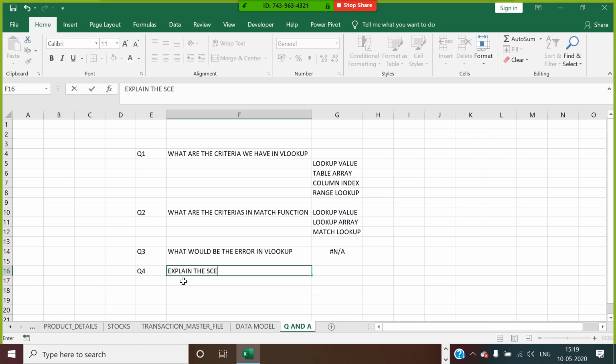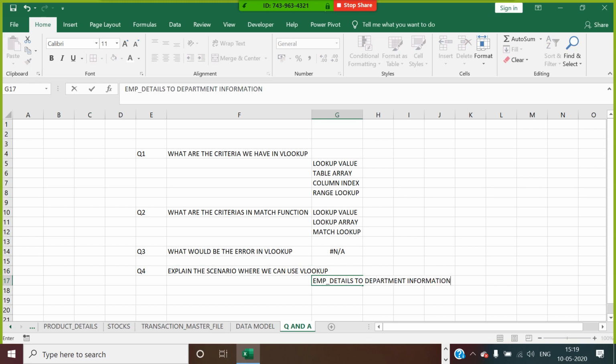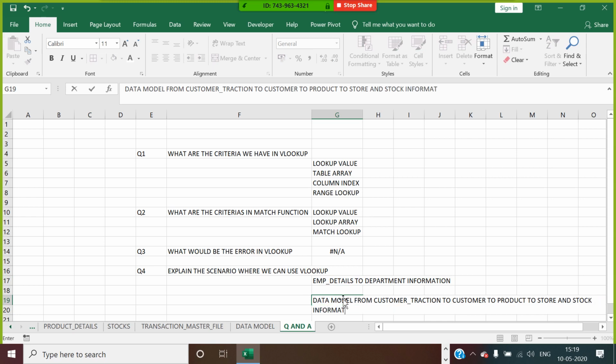Now, the fourth question: explain the scenario where we can use VLOOKUP. Give an example of employee details to department information, or a data model from customer transaction to customer to product to store and stock information.